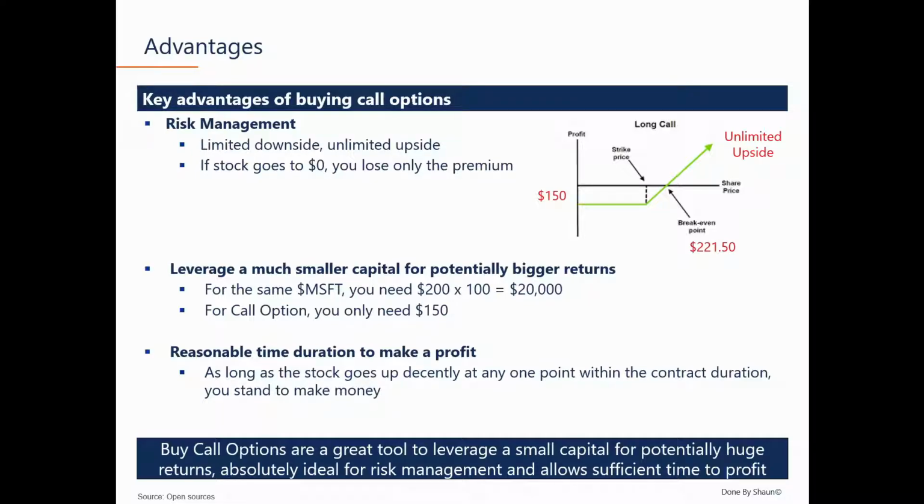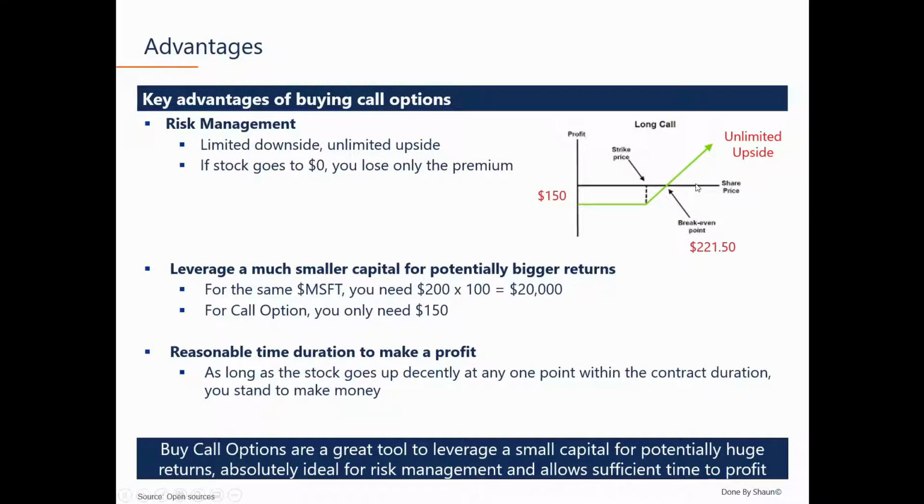share price is. I know saying that Microsoft goes to $0 is an extreme example, but this just helps to illustrate my point. So if you compare it with someone who owns 100 shares of Microsoft at $200, meaning they didn't buy a call option, they actually bought 100 shares of Microsoft at $200, they need an upfront 20K, and if Microsoft goes to $0, then they lose 20K, whereas for you, you only lose $150. Now if Microsoft goes up, your profits are unlimited,